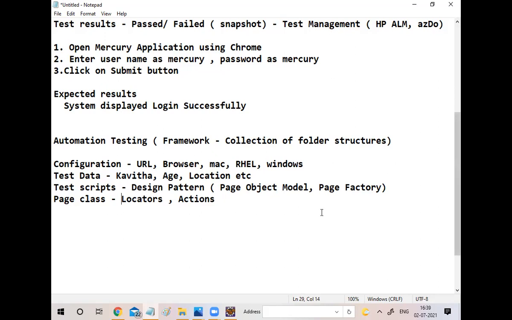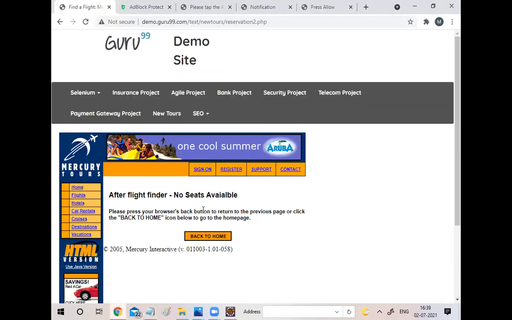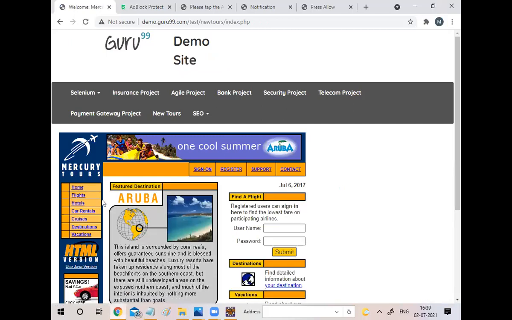Can I take this component and put it in another class? No, don't mix it. Don't take this username text box and put it in the other class. Why? Because that is easy for your maintenance.